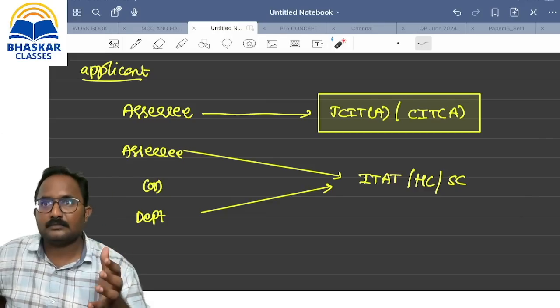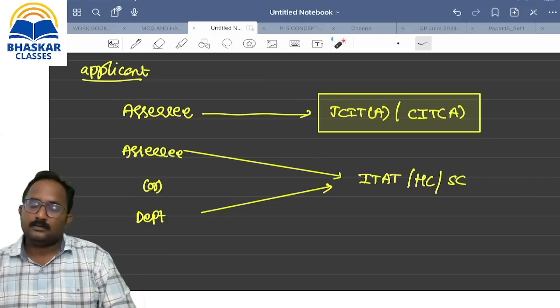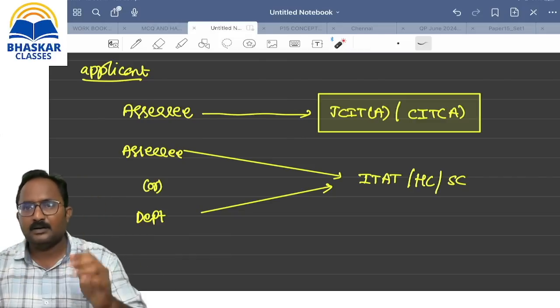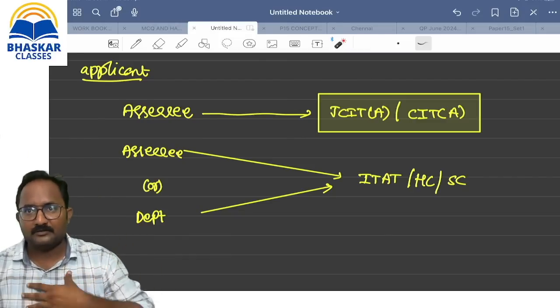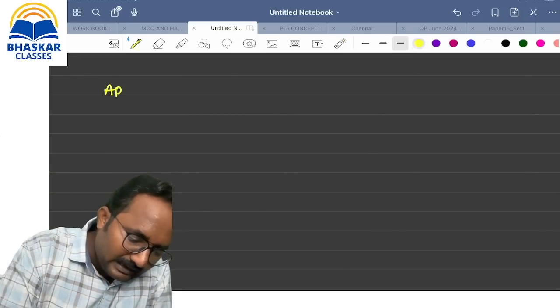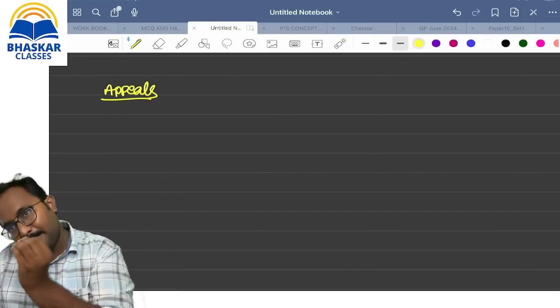Many students want to know the differentiation between appeals and revision. First thing, the names are enough, you can remember, but what is the meaning? Now you know, or you don't know. That is only what I have given. With the help of this, you can read on your own also, but I will tell you the provisions. Okay. Now, sir, appeals, now you have clarity. How many appellate authorities are there, ma'am? 4. In front of whom can be applied, you also know.